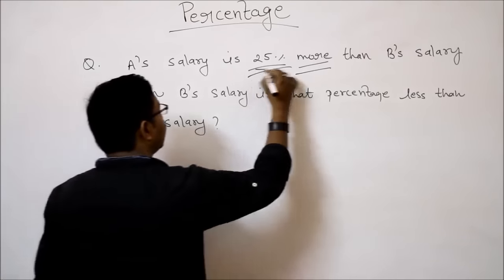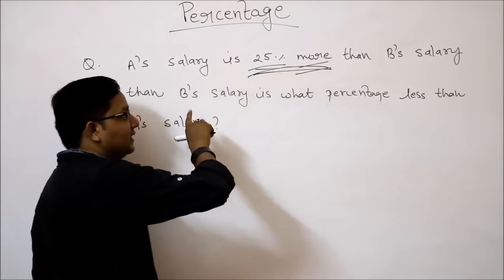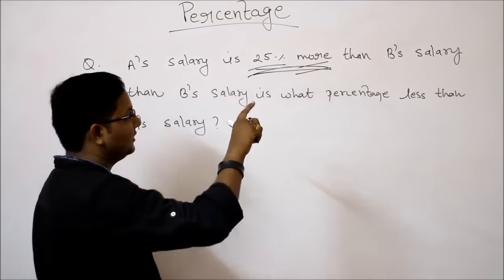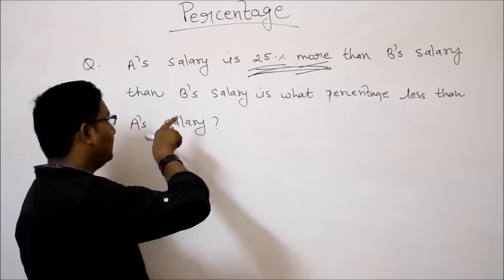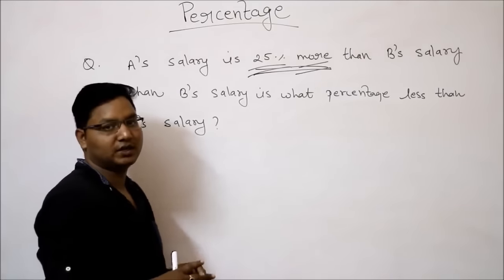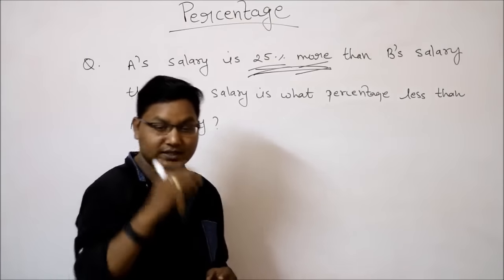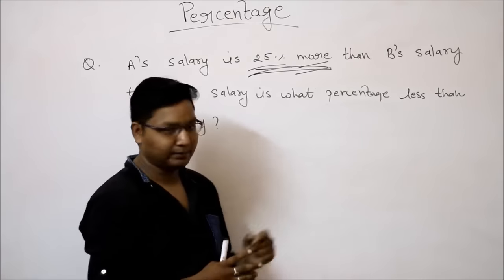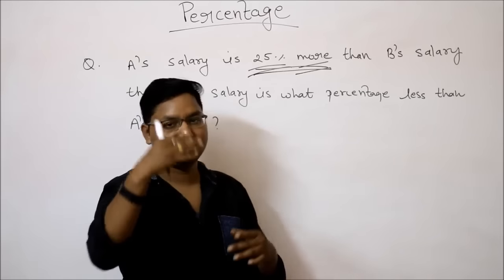इसमें मैंने इसको अंडरलाइन इसलिए किया है कि ये इम्पोर्टेंट चीज है. A salary जो है B salary से 25% बड़ा है. So B salary A salary से कितना परसेंट छोटा होगा, ये क्वेश्चन पूछा गया है. अभी जो हम कॉन्सेप्ट पढ़ रहे थे, उसका सेकंड कॉन्सेप्ट जो है वो इससे मैच हो रहा है कि A is X% ग्रेटर देन B.